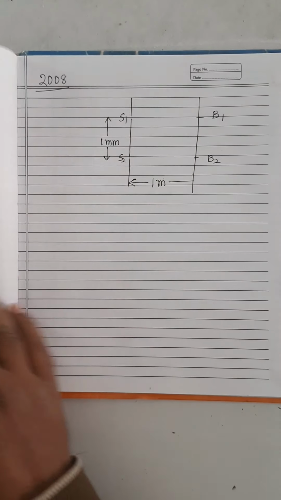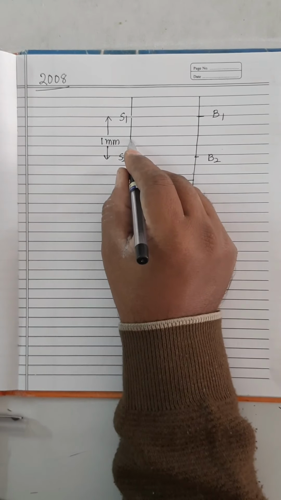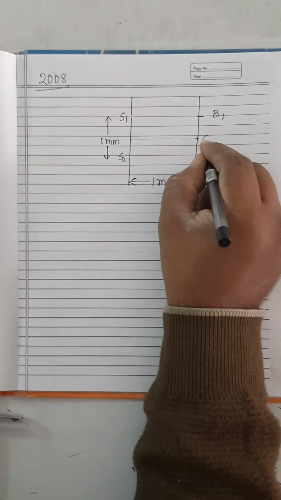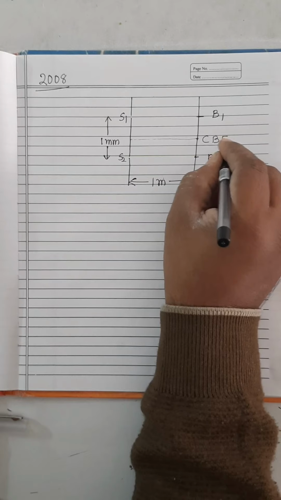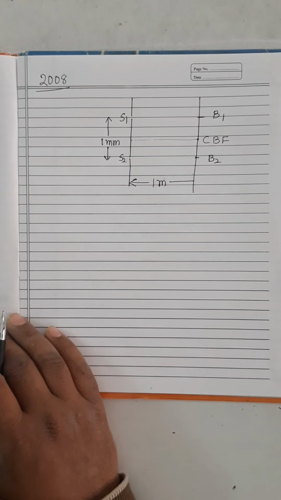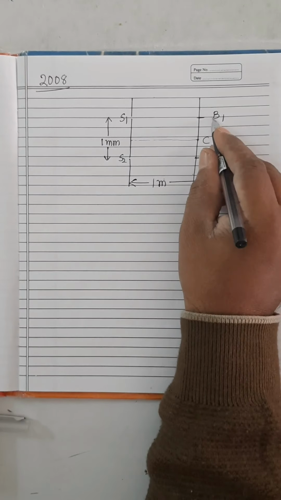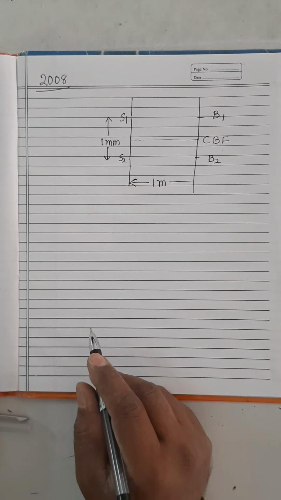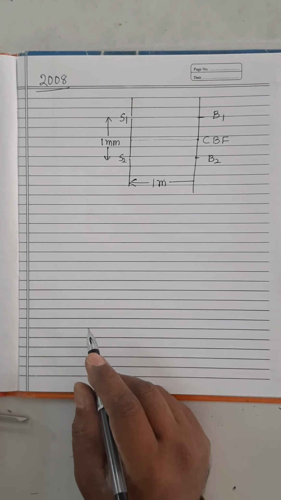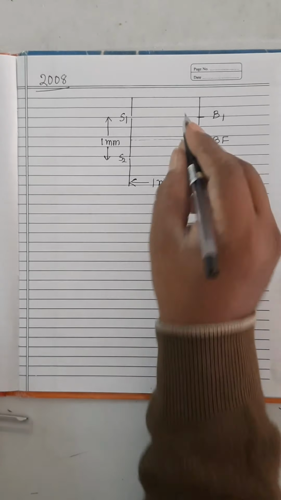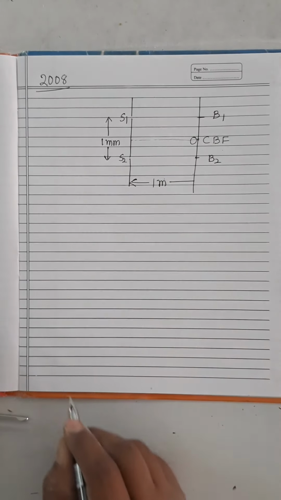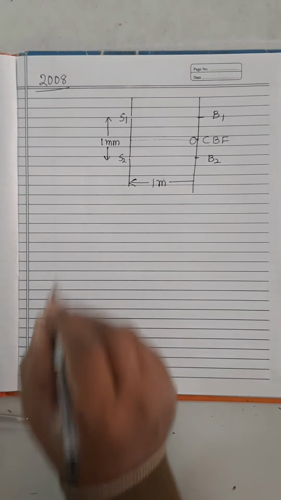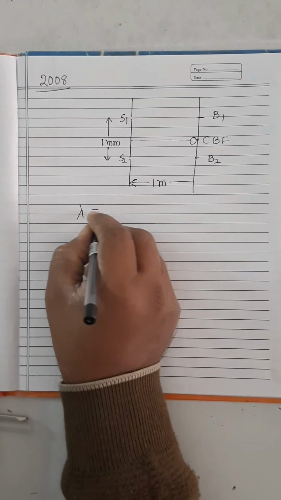It is clear. Now where will be the central bright fringe? Central bright fringe will be somewhere here. Central bright fringe के बाद B1 होगी. अगली bright fringe क्या होगी? That will be B1. And B2 on either side of the central bright fringe O. It is clear. O, in Young's double slit experiment, find the wavelength of light, this lambda.